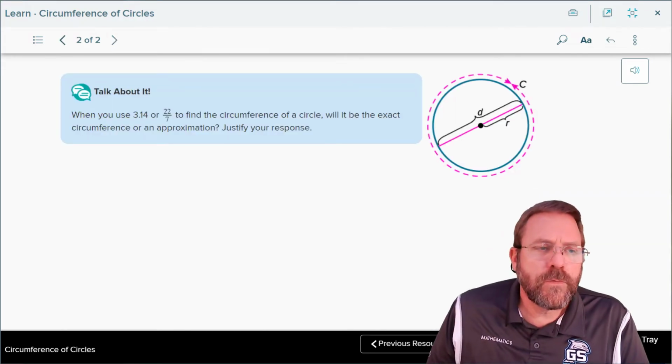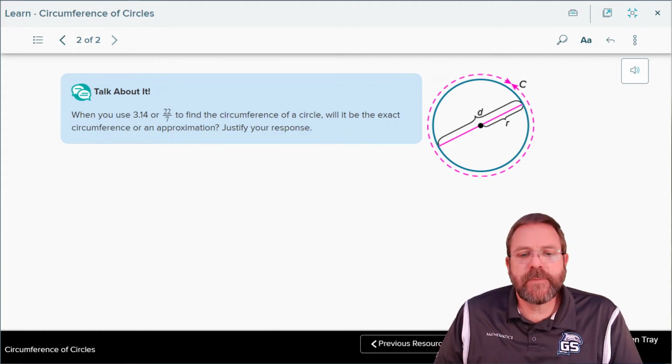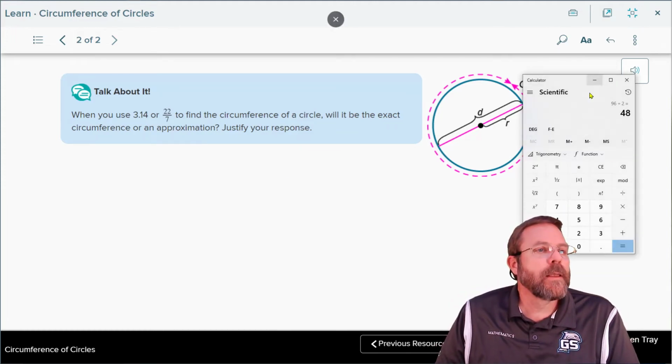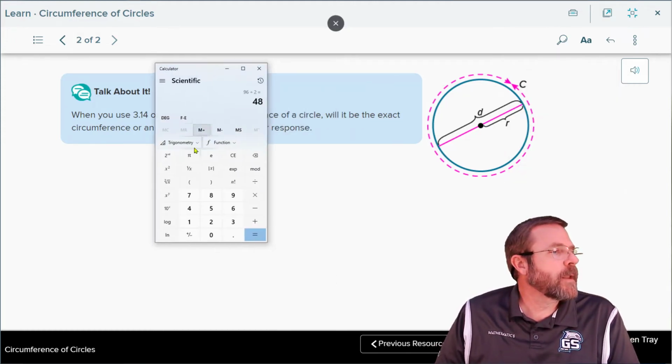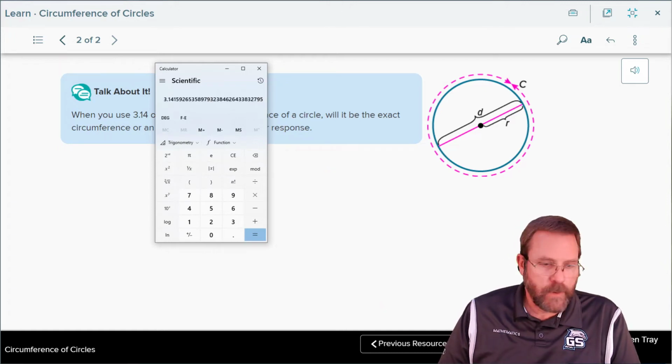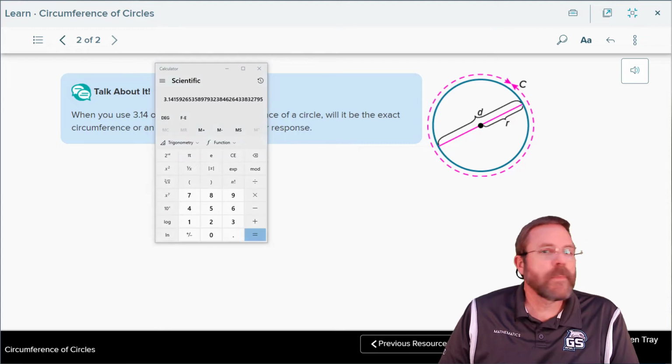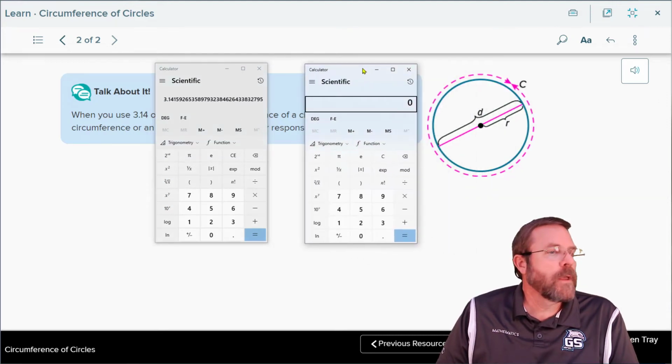So how close do you think 22/7 is going to be to the actual value of pi? Let's find out. I've got my calculator. Right there is a value for pi, and then I'm going to use another calculator. And on this one, I'm going to divide